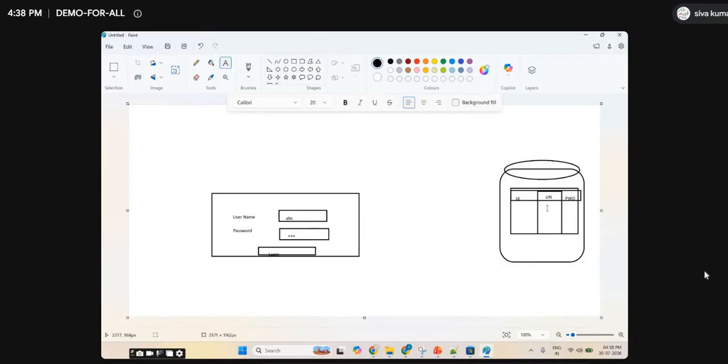and it will check, right? It will check whether with that name, some username and password is available. So then what will it do? It will automatically log into the landing page, that means the main page. If it is not available, it will throw an error. So will the UI connect directly with the database? No. Will you see the database? No, we will not see any database.